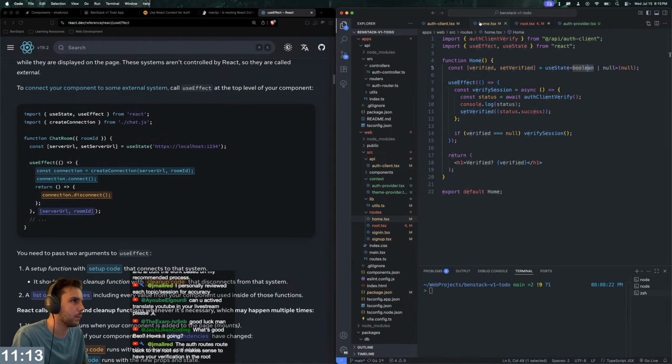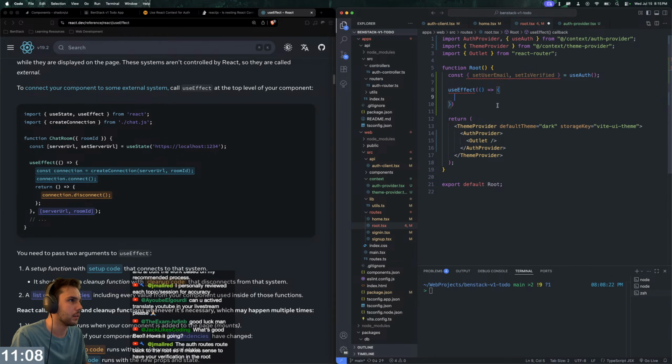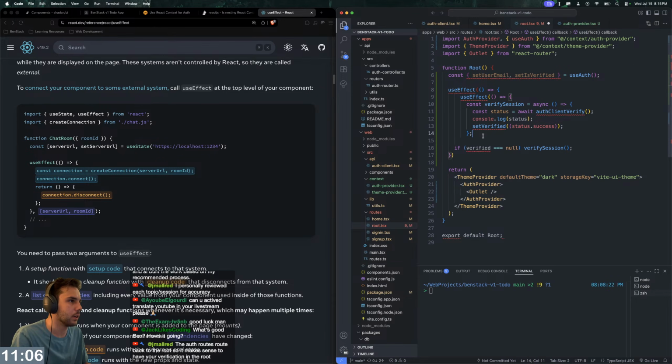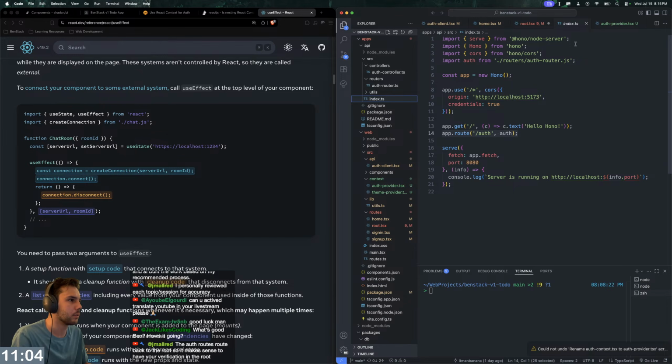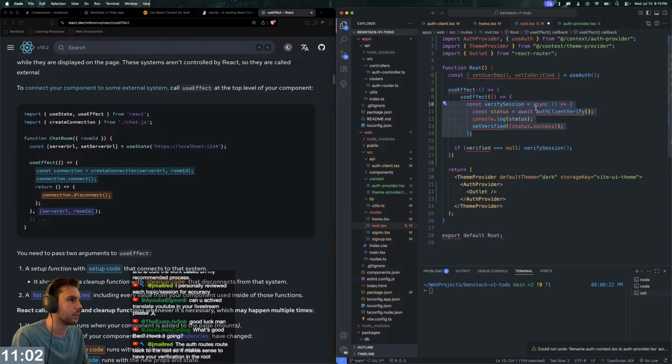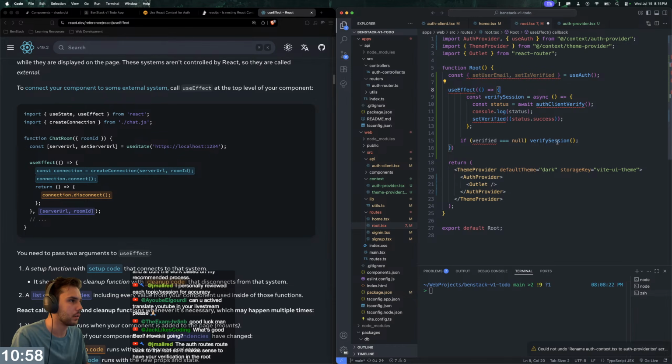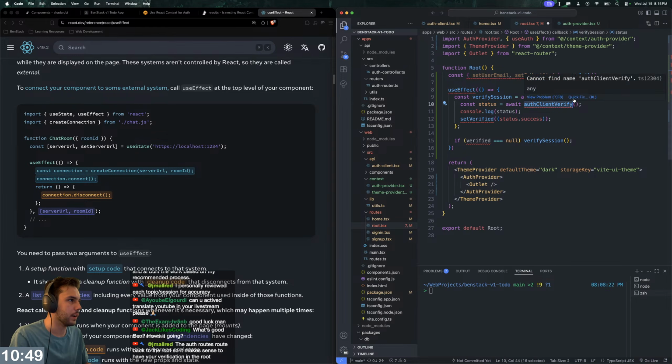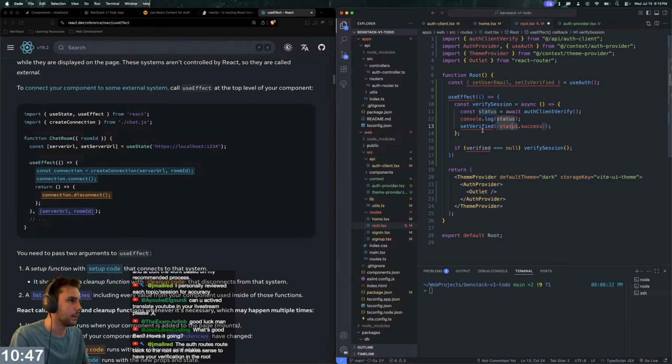So let's go to our home, and then we'll just copy this in here. And then, so obviously we're not going to, oh wait, no. Well, I have a nested useEffect here. That's not what I want. Okay, so instead of verified though, we want await authClient verify. So we need to import this. And then instead of set verified, then we're going to say,